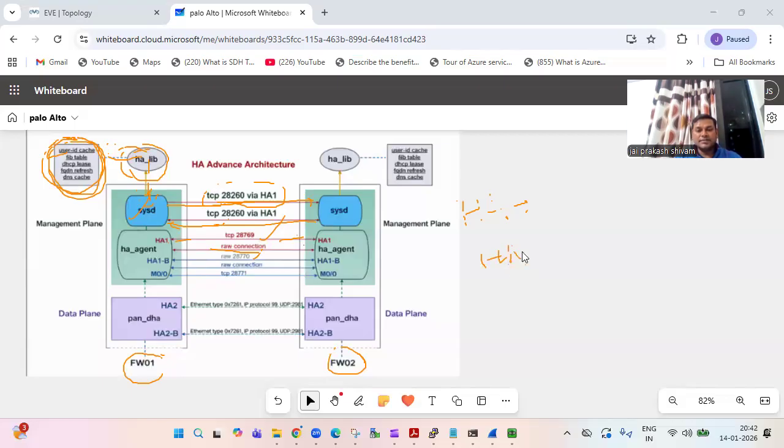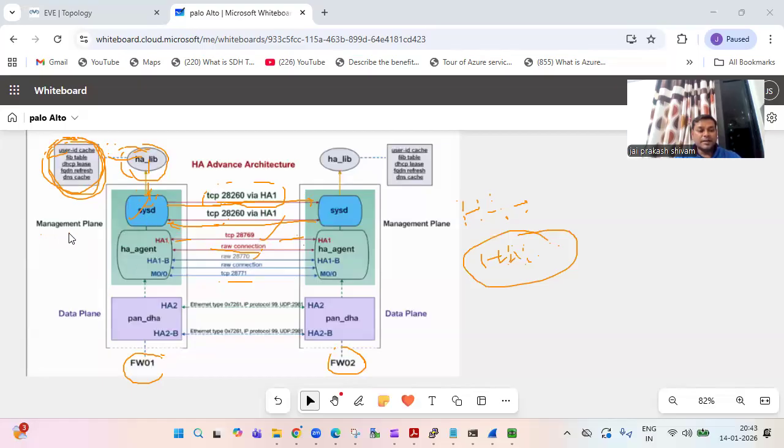We are using HA1 and HA1 backup, and one more option is there through the management ports, where you exchange the heartbeat and hello message. For that, we use TCP 28771, to exchange the heartbeat and hello message through the management ports. So these are the daemons